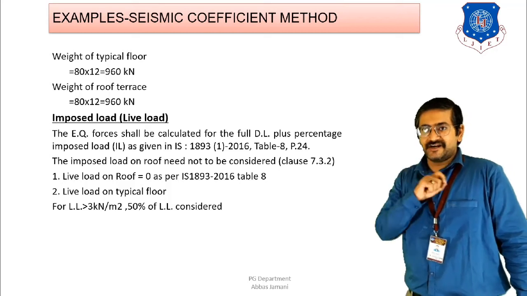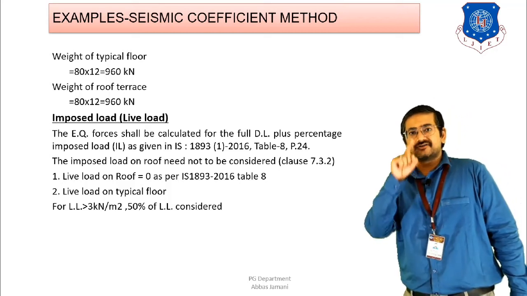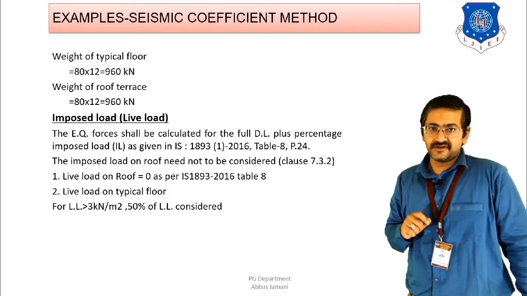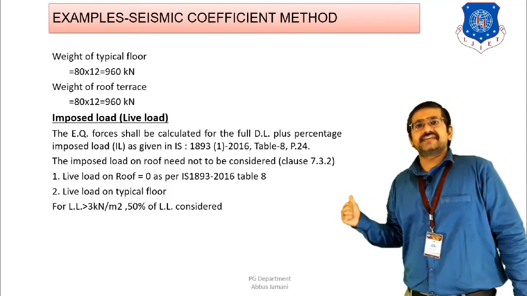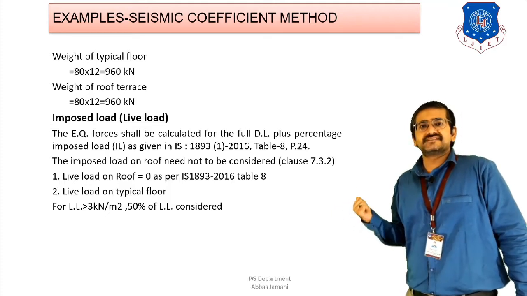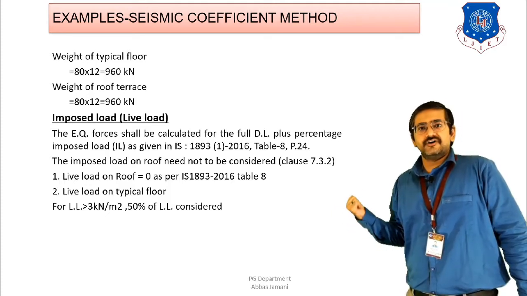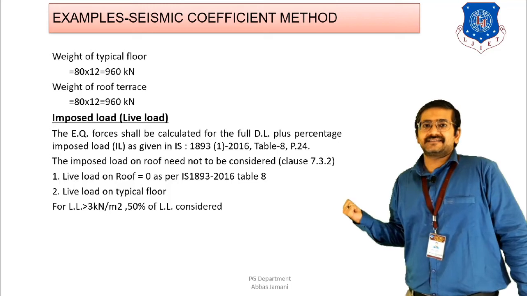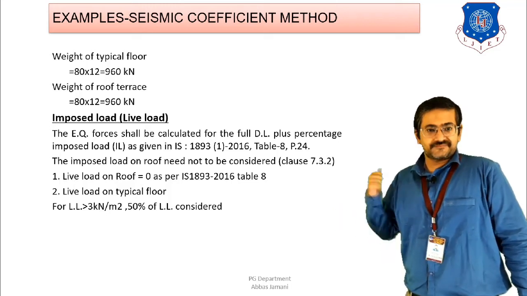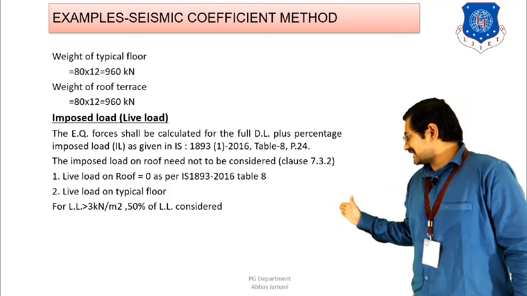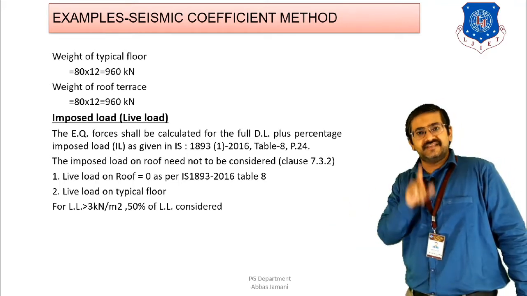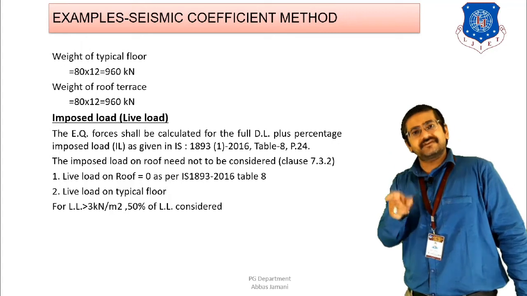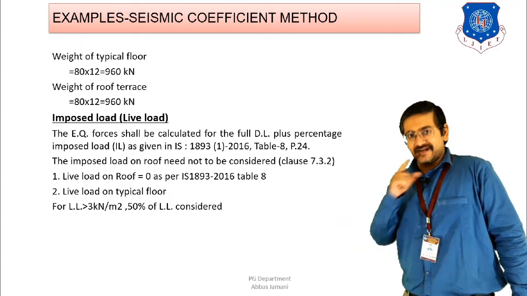We already discussed that in the last class, and this has to be remembered throughout the subject of earthquake engineering. So if I want to consider the effect of imposed load on the roof, then it will be 0. But if I want to consider the effect of imposed load on the floor level, then I have to consider 50% of its actual value, right? So that is what I have shown, that live load on roof is going to be 0. Now this live load on the roof in an actual case is going to be there, but for calculation of earthquake forces this value has to be considered as 0. Don't get confused over there, right?